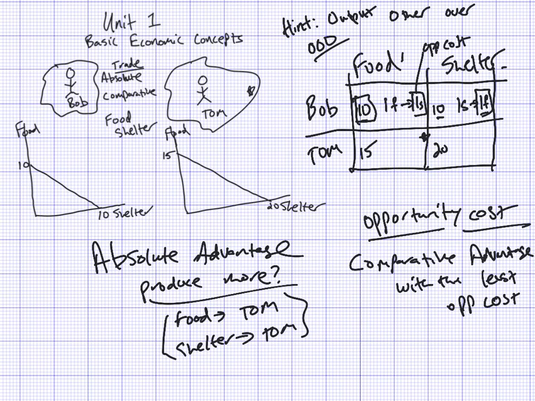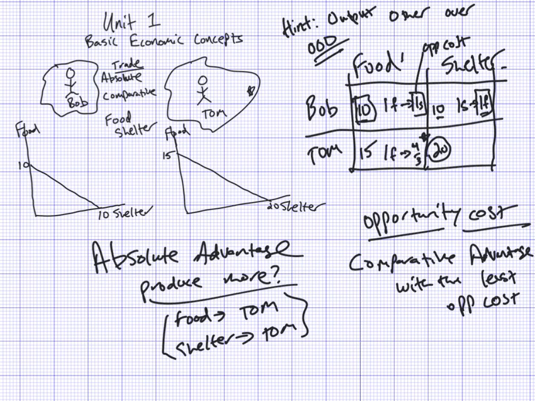Well, what about Tom? So when Tom is producing food, we know that for 1 food, how much shelter does he have to give up? How much shelter does he have to give up when he produces that 1 food? So other goes over, 20 over 15. For every 15 that he makes, we know that he has to give up 20 shelter. That's going to be